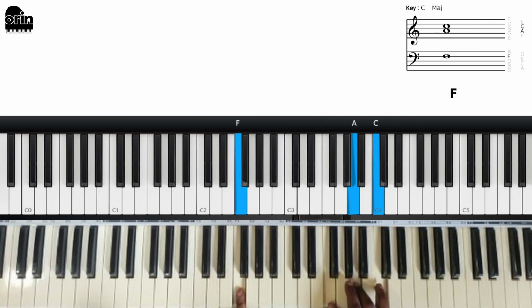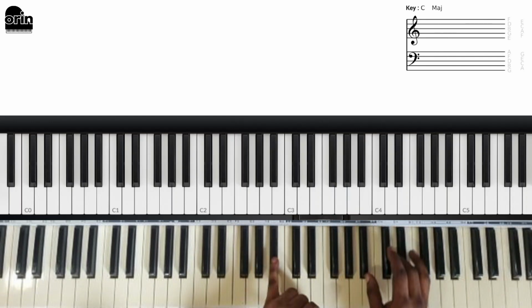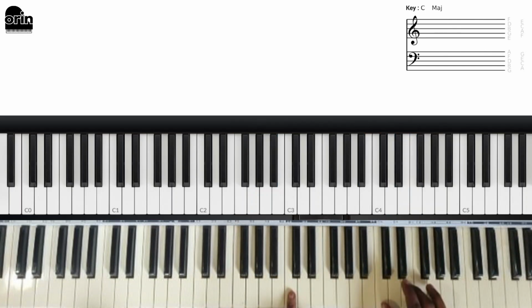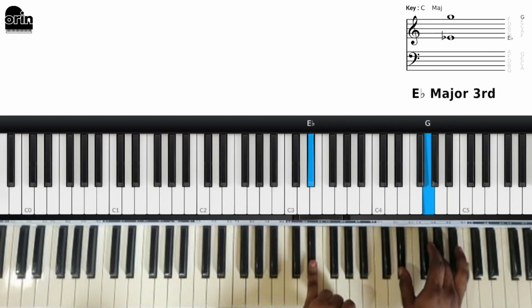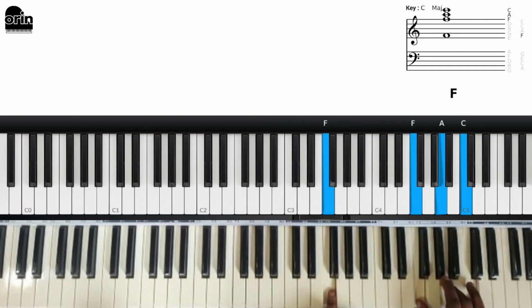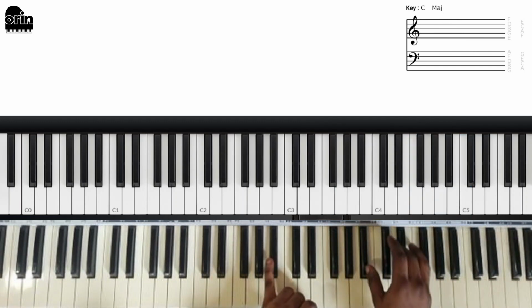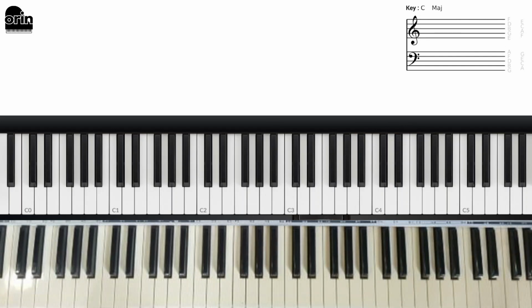F, B flat, F, and you're back to B flat. That's it. Once you master this, you can easily just pick any progression that you know, go to another key,